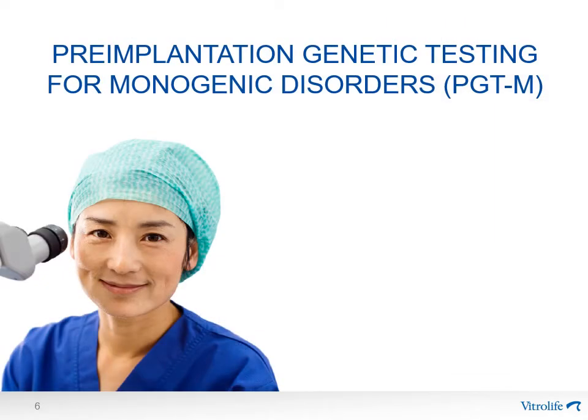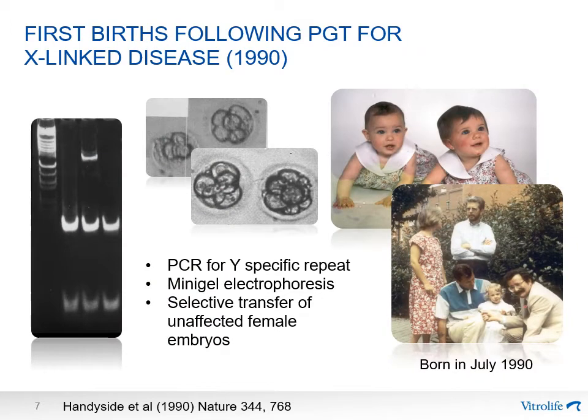Okay, so I'm now going to focus in more detail on developments in pre-implantation genetic testing, in particular for monogenic disorders, or PGT-M, as it's now known. The first births following IVF and pre-implantation genetic testing were in a series of couples at risk of X-linked disease, which typically affect males only, by a small team led by myself and Professor Lord Robert Winston at Hammersmith Hospital